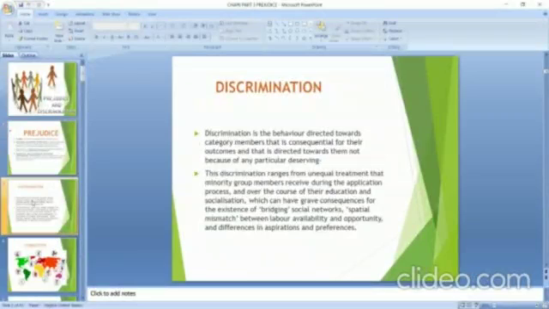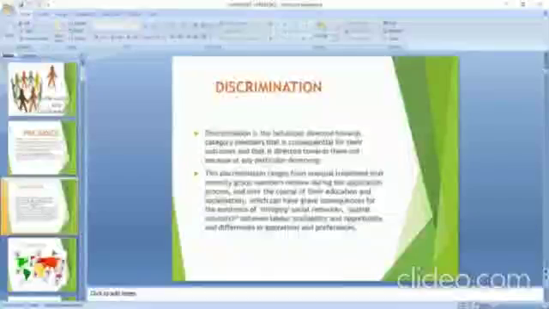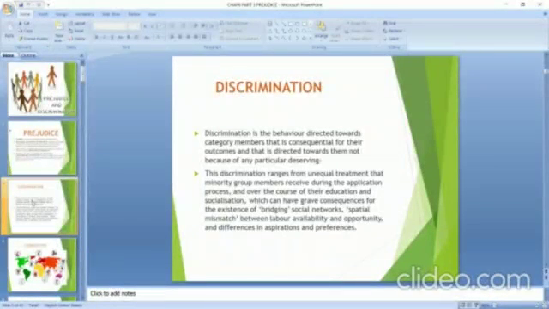As I was discussing right now, discrimination is a behavior directed towards the category members that is consequential for their outcomes, and that is directed towards them not because of any particular deserving. It is not